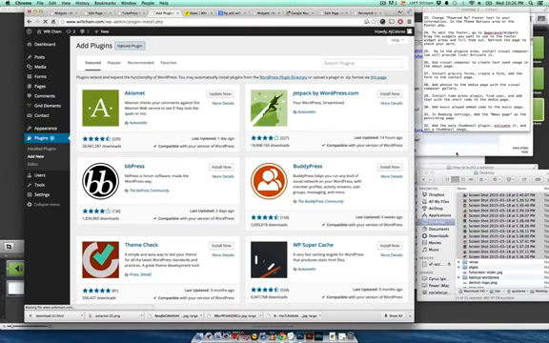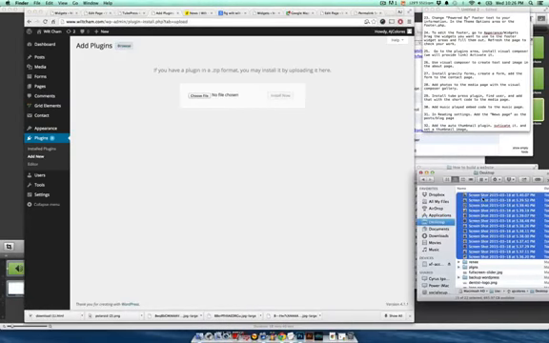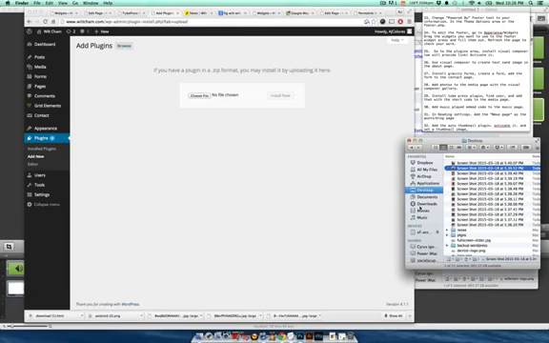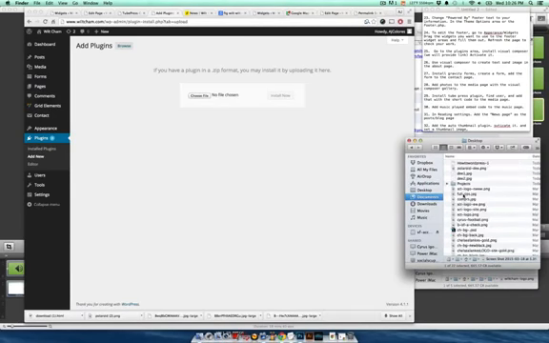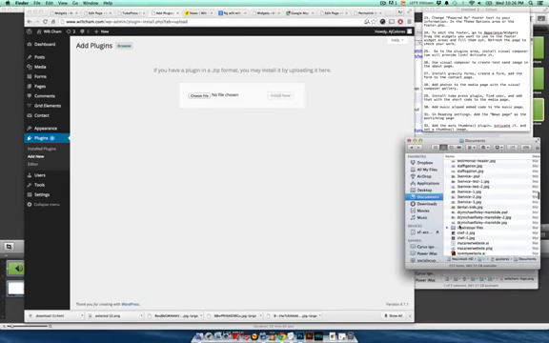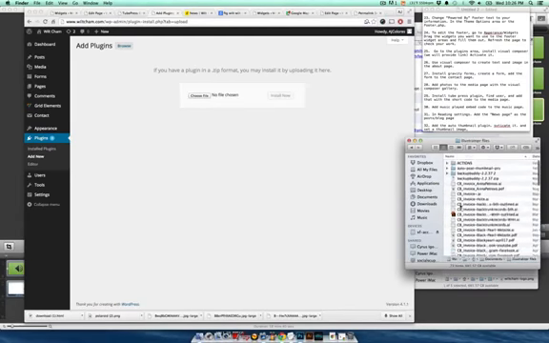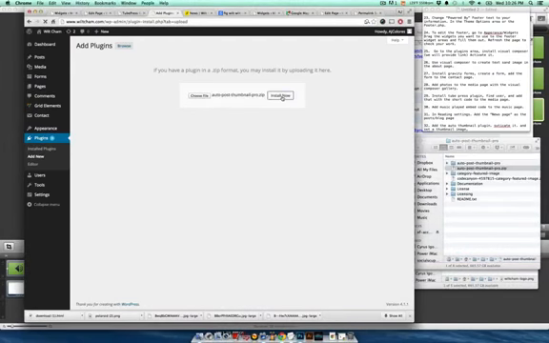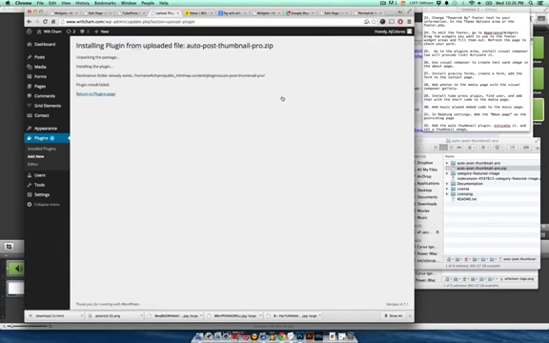Now, upload plugin. And this is the plugin, Auto Post Thumbnail Pro. Yeah, that's right. So, what this does is, we're going to be pulling in posts for this person,